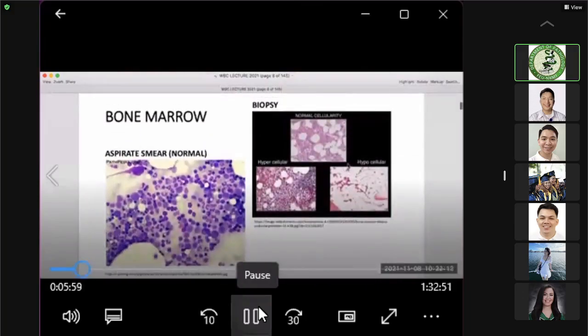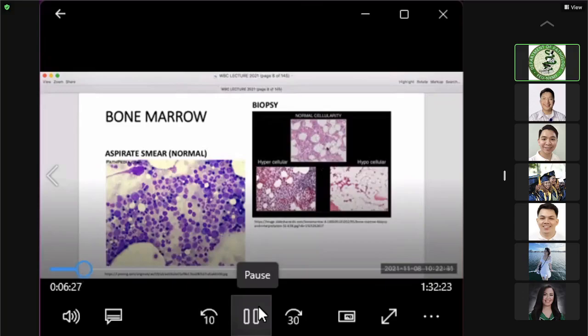Okay, so looking at actual slides of bone marrow aspirate. This is a bone marrow aspirate. You get to see the cellular elements. So you can appreciate, it's a little bit hazy at that. It's a smear. Comparing it with the biopsy, where you can delineate the fat from the cellular elements, just like what we see here.